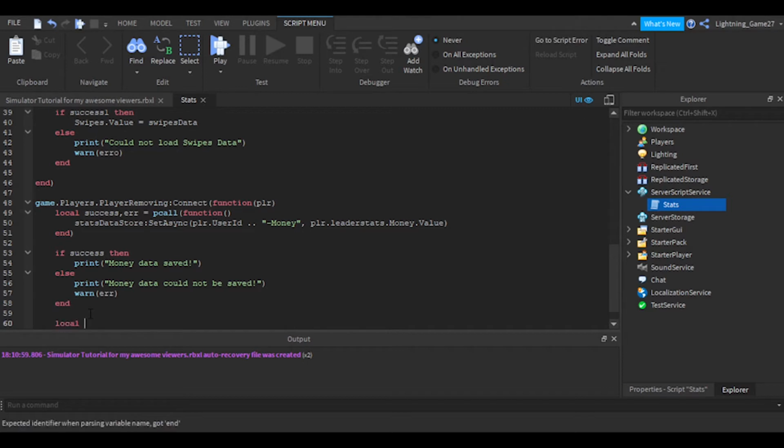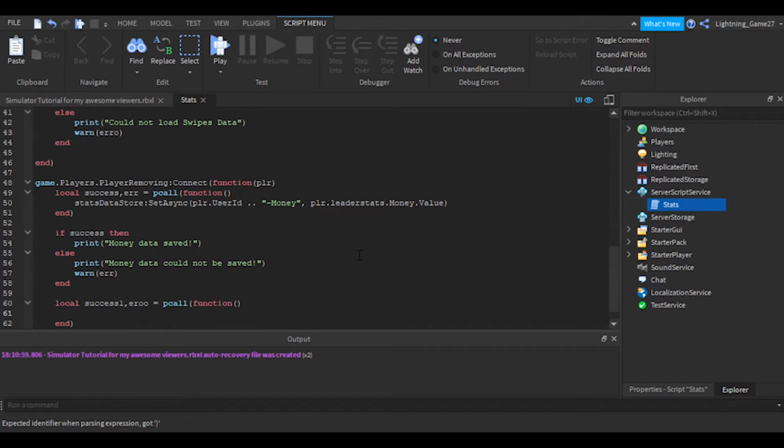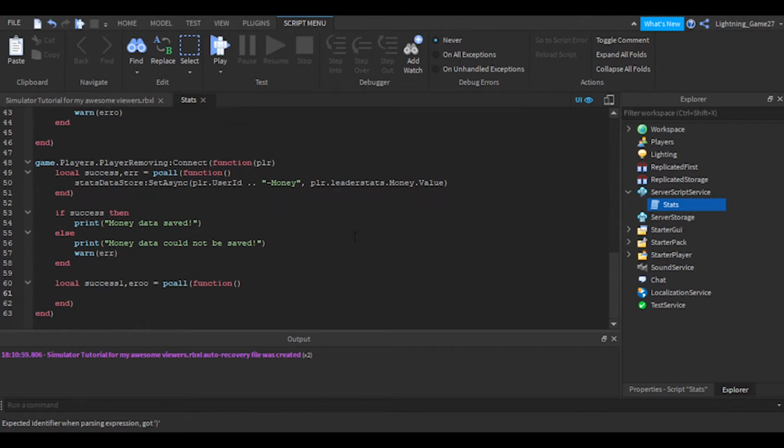So local success 1 and arrow. Oh, let's do arrow. That's just funny. You could do anything you want, except error, because that's a Lua thingy, and Lua doesn't like it when you use it because Lua owns it now, something like that. I don't know. So yeah, local success 1 is stats data store colon set async